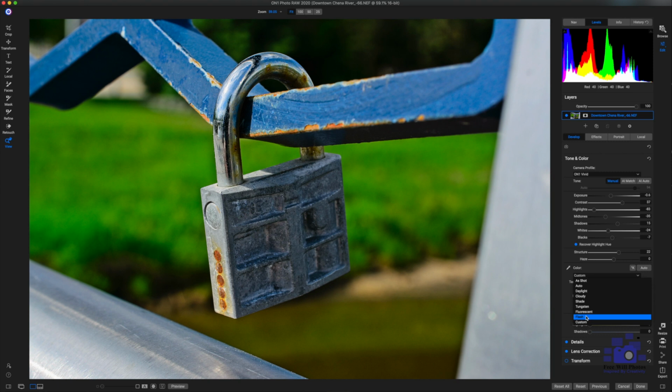A flash is usually daylight balance, but it's so bright and powerful that it has its own setting. And then of course daylight, that's just going to be if you're out in the sun. If you look at what I have here, between daylight and the custom setting, the only difference in the white balance is that the daylight is a little bit more blue in the tone, and in my custom you'll see in the top of the lock that it turns a little bit more orange, and you can even see it in the blue rail that the lock is